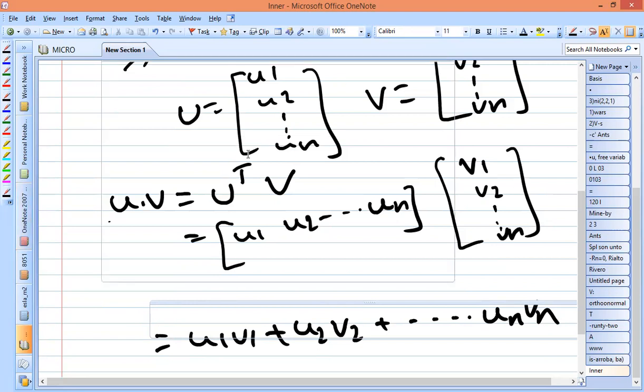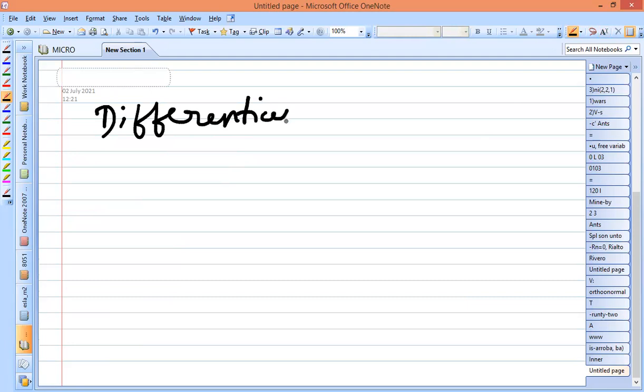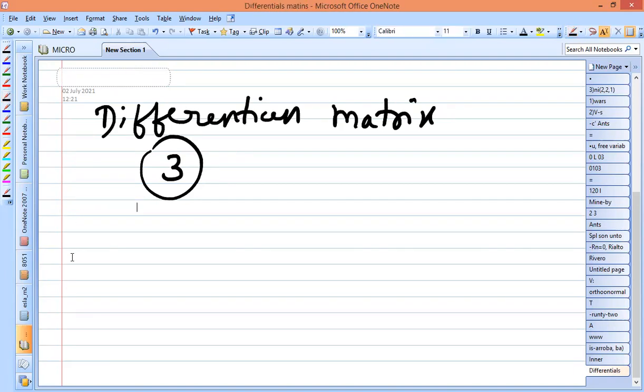So with this, we'll continue with the problem that we have taken in the last class. So here I'll just go with the problem. In the last class, we were solving the problem on the differentiation matrix, right? On this, we have taken one problem for the polynomial of degree 3. For this, we were calculating the matrix, and I told that I'll be explaining how to write the matrix in the next class. So here we'll continue with this.